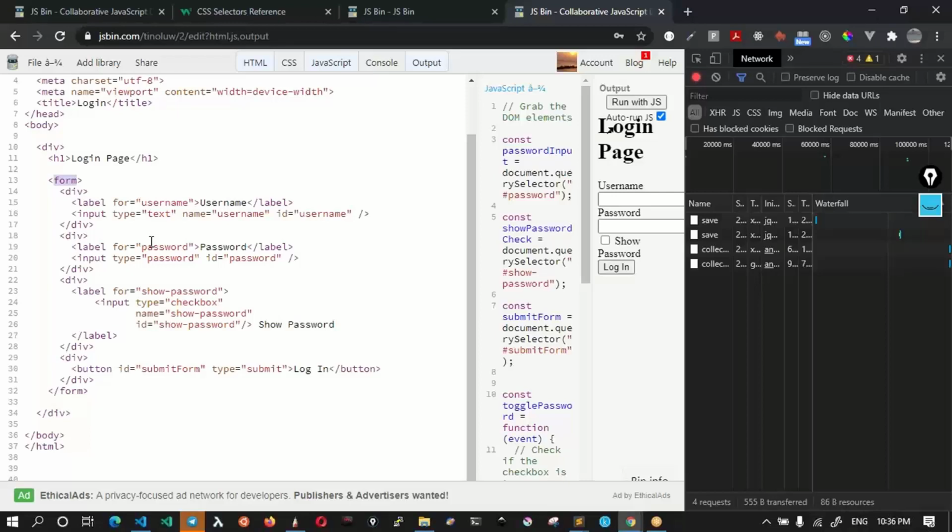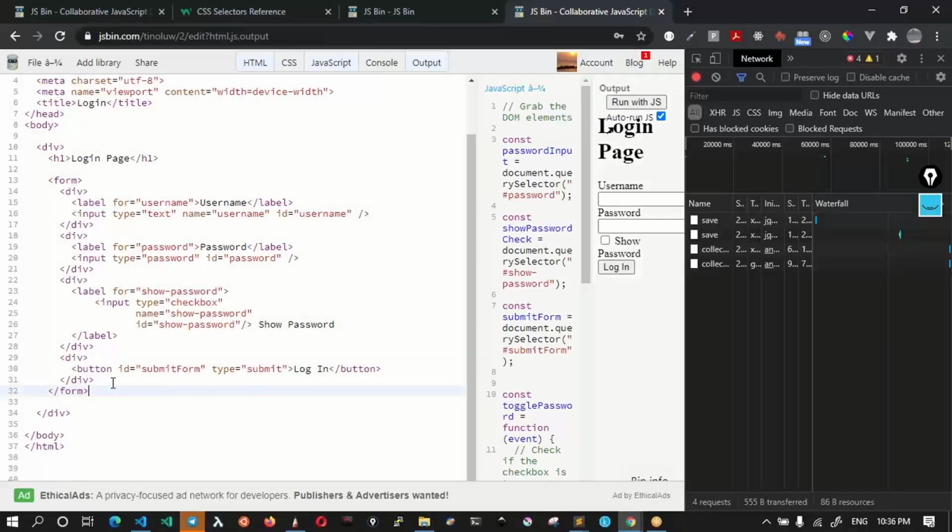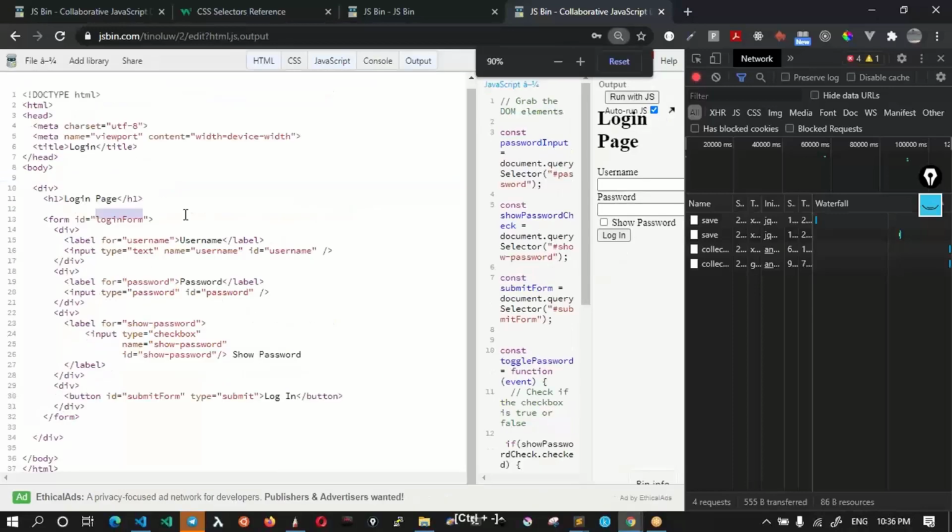Almost both are the same thing actually. You can do whichever approach you want, but let me show you how you can attach it. Now instead of attaching the submit using this submit button, the button will still be there, but I'll be attaching the handler to the form so that I can track the form submission, right? For that, definitely I will need to give it an ID. So I'll simply call it login form. I'm calling this form login form.